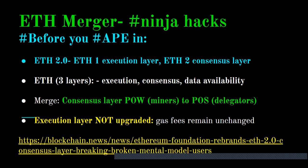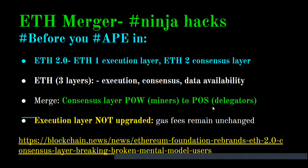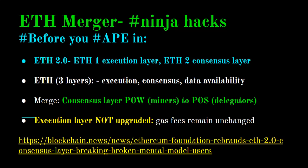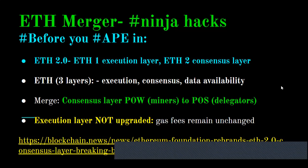To avoid the confusion, the actual merge when it happens won't involve the execution layer, because the execution layer is not upgraded this round. That means the gas fees will remain unchanged from what they are currently. There are a lot of misconceptions around this merger being an upgrade to the execution layer when it isn't really. The execution layer isn't upgraded until much further down the track, probably the latter part of the 2 years in the upgrade timeline roadmap. That's a website link for some information for you guys to read about